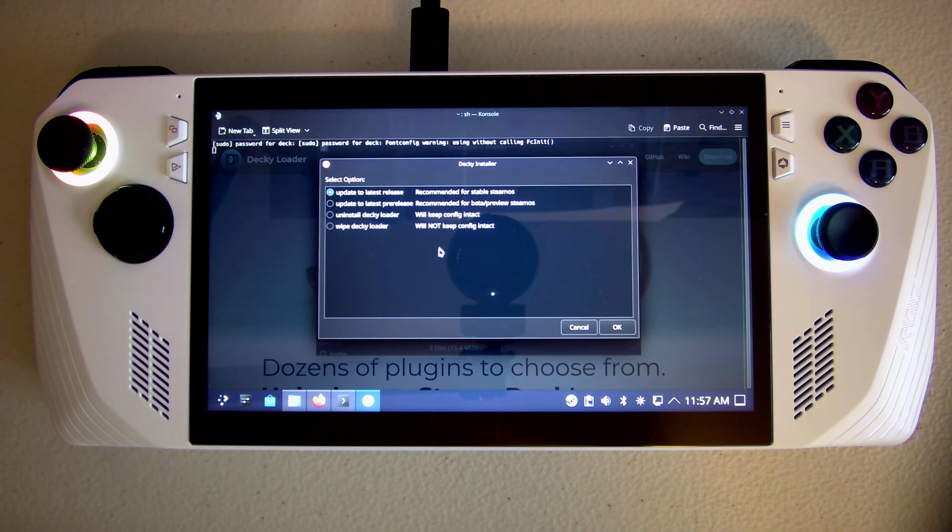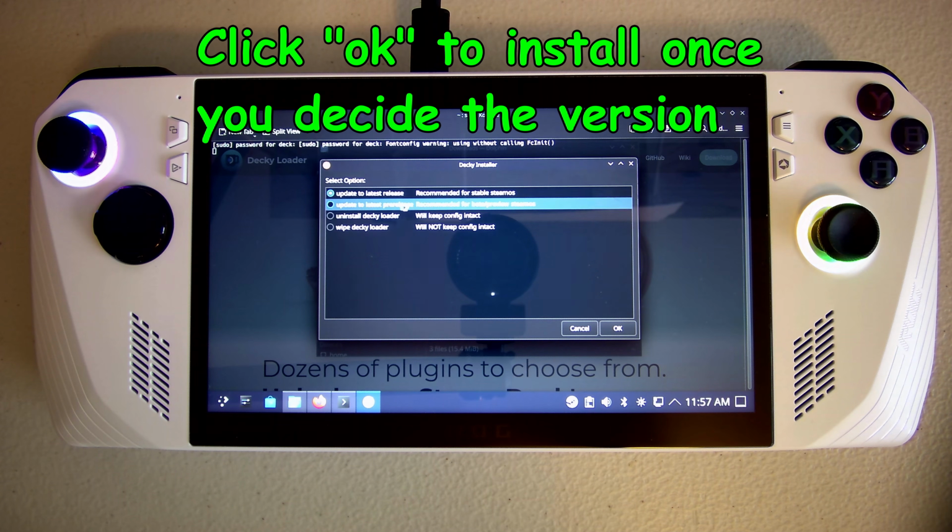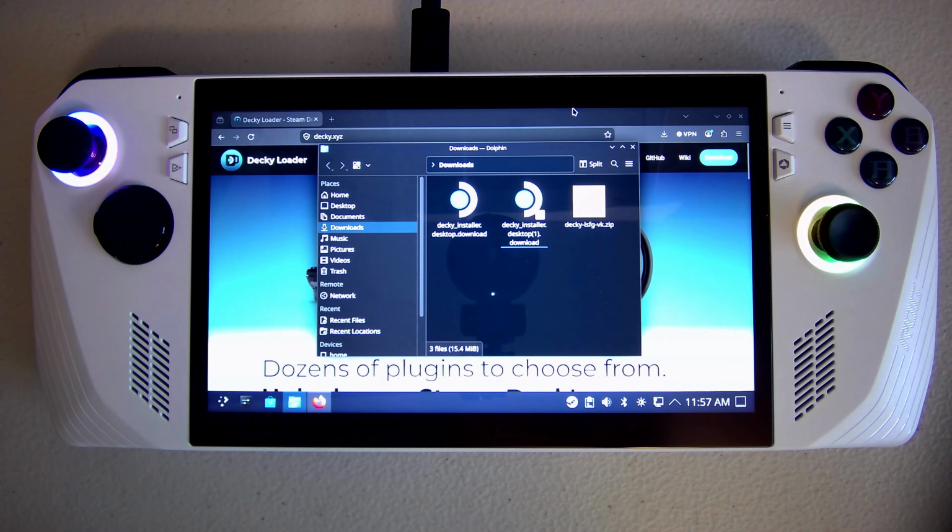And there's 4 options here because I already have it installed. If you don't have it installed, you'll just have 2 options. And the 2 options will be whether you want to use the stable release version or the beta. And so this depends on which update channel you're on. If you're on beta, main, or preview, you'll want this option here, use the latest pre-release. If you're on stable, you'll just use the latest stable release. I'm not going to install it because mine's already installed here. But once that's done,